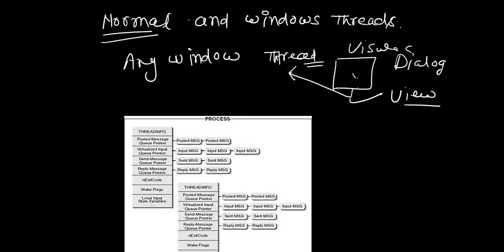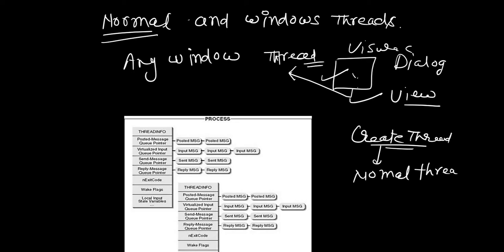So suppose you have created a simple thread. Whenever a window is created, a thread is created too. This thread is a normal thread. Initially, it remains a normal thread. It doesn't contain anything which can process any window messaging or any window properties or any window related data structure. It doesn't contain any information about the windows.